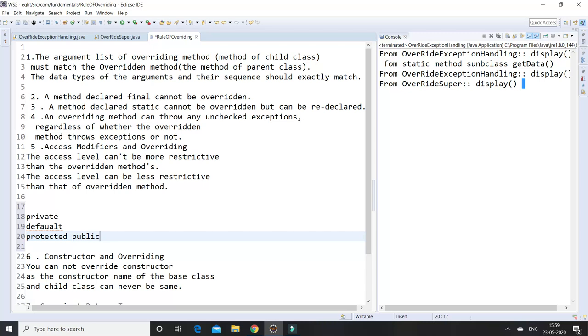That is the order. If the parent class level is declared as protected, the subclass level can be declared as protected or public. If the parent class is declared private, the subclass level can be private as well as default, or you can declare protected or public.